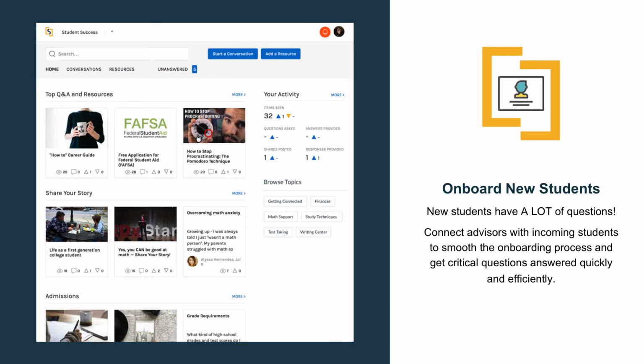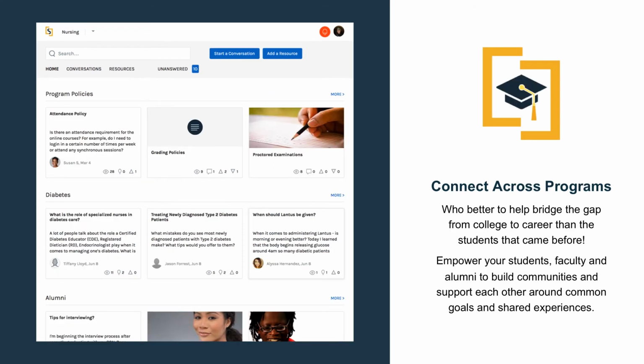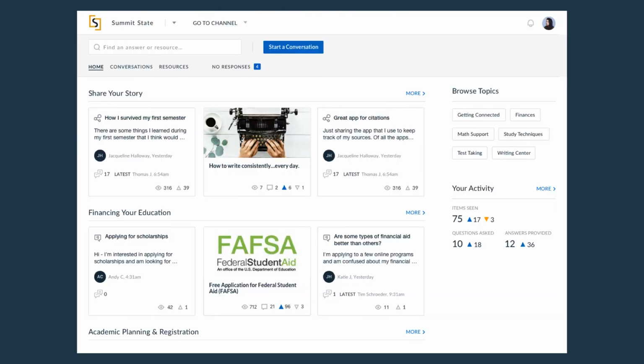Inscribe is also often used for prospective and new student onboarding and that first-year support, connecting students to answers around things like financial aid and admissions. Finally, Inscribe is a great way to provide community support for an entire program. So students from the day they're accepted until the day they graduate always have access to a shared community from any website or course. And it's a great way for them to engage with other members of their cohort and program along the way. Let's take a look at how it works in practice.